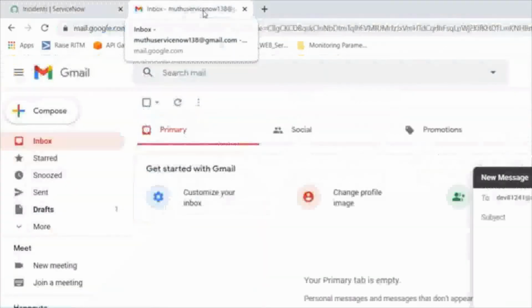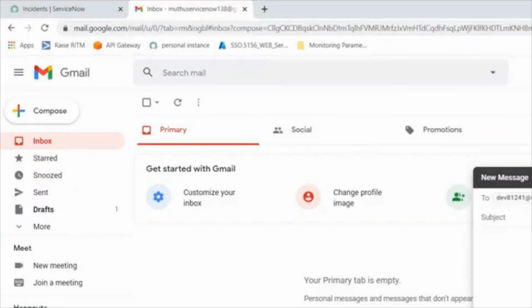Because of that you have to give dev@servicenow-developers.com. If you want to send to the Accenture instance, you have to give that Accenture instance at the rate of accenture.com. So based on that you have to change the email to address.